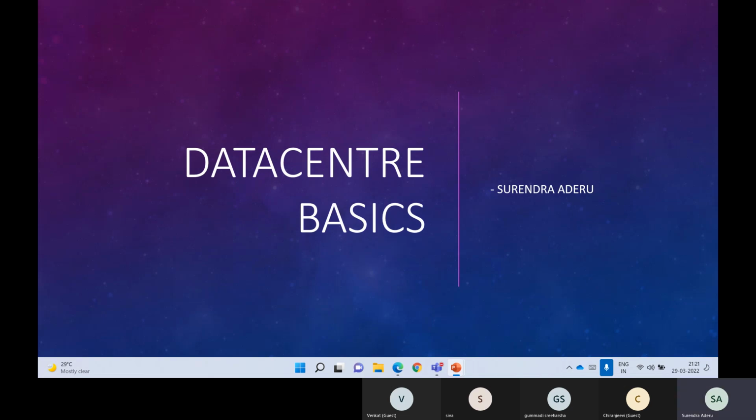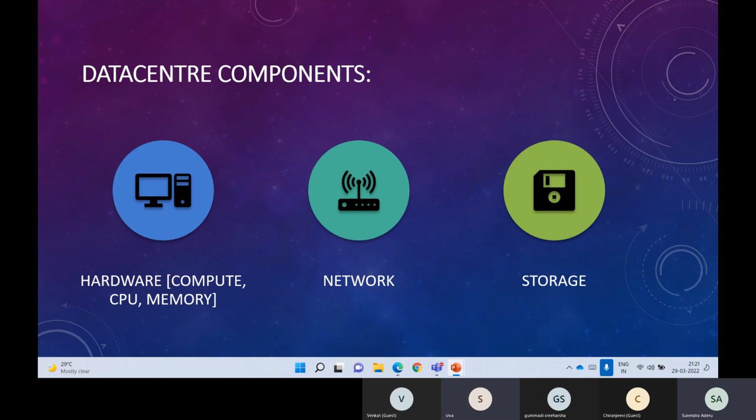Yeah. So in this scenario, for most of you it might look basic, but I just want to give these terminologies, the data center basics. The data center is nothing but where the physical hardware resides for your enterprise organizations, and in enterprise terminology we call it a data center, right? Hope you guys have heard of this name. What is meant by data center? It is where your physical hardware resides, which comprises your compute, CPU, memory, as well as network and storage. These are the three typical core components of your data center.